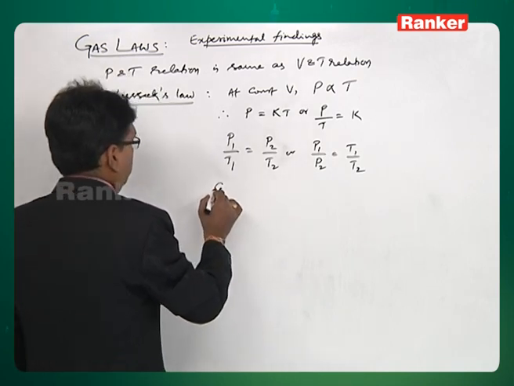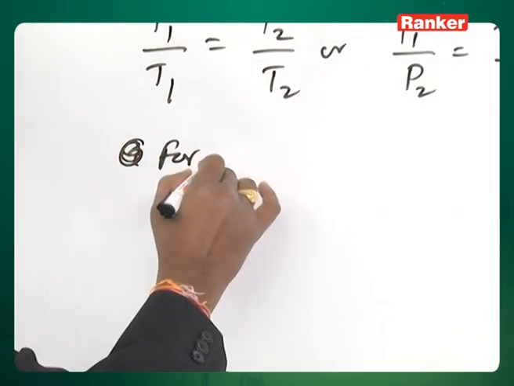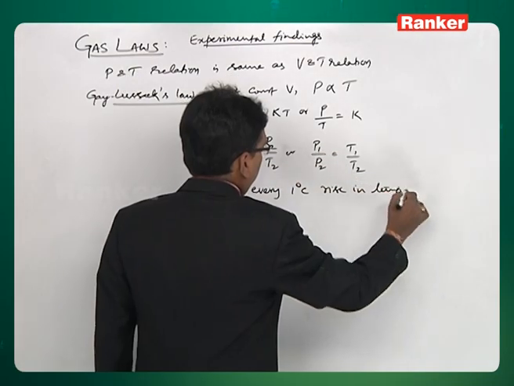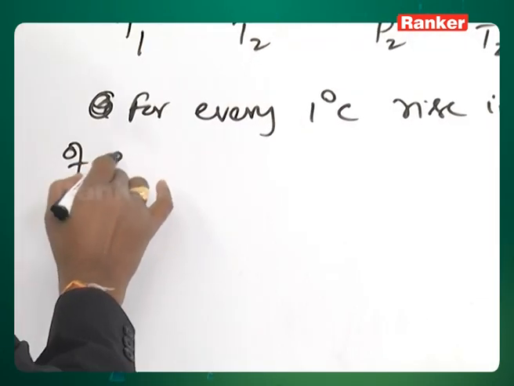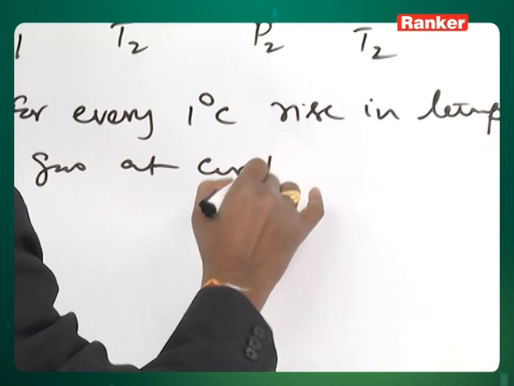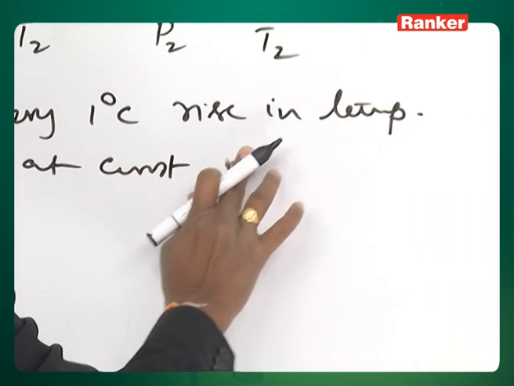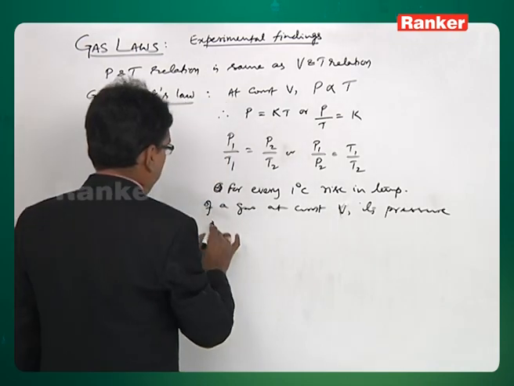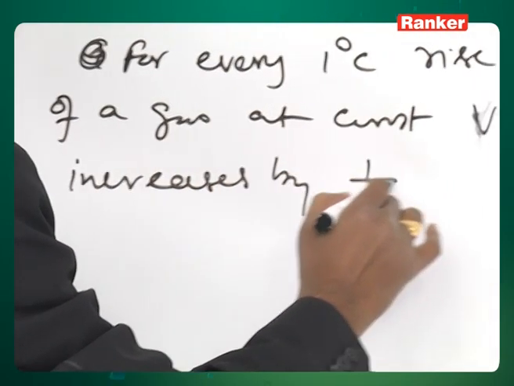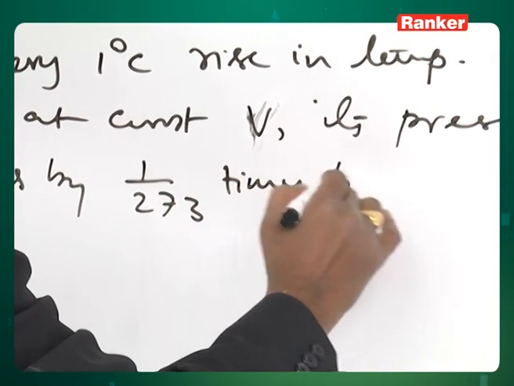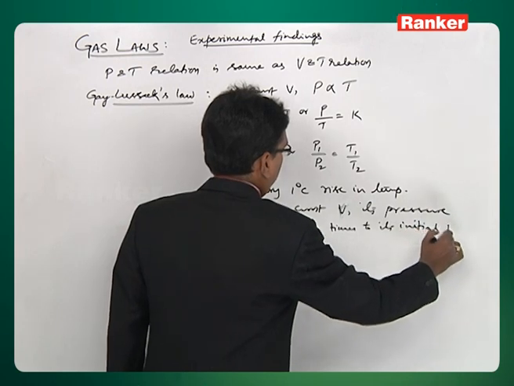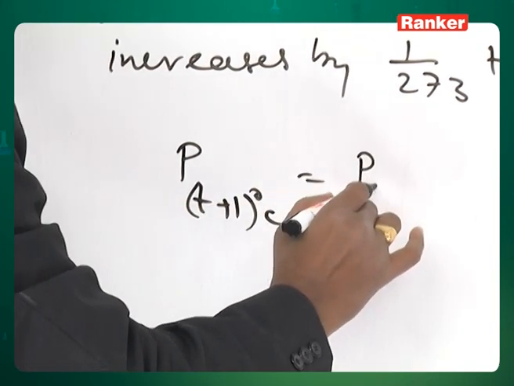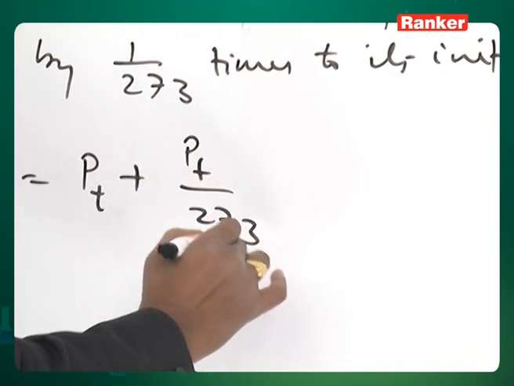The observation is that for every 1 degree Celsius rise in temperature of a gas at constant volume, its pressure increases by 1 by 273 times its initial pressure. So, which is nothing but again P at T plus 1 is equal to Pt plus Pt by 273,